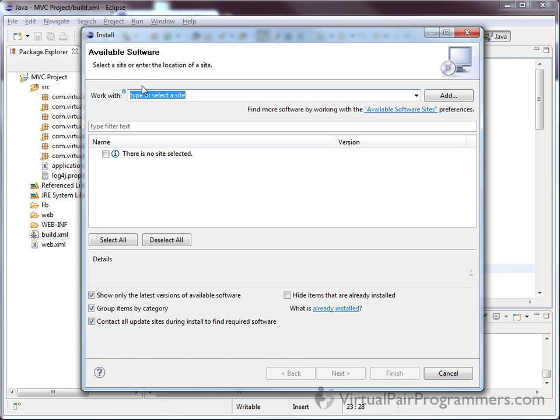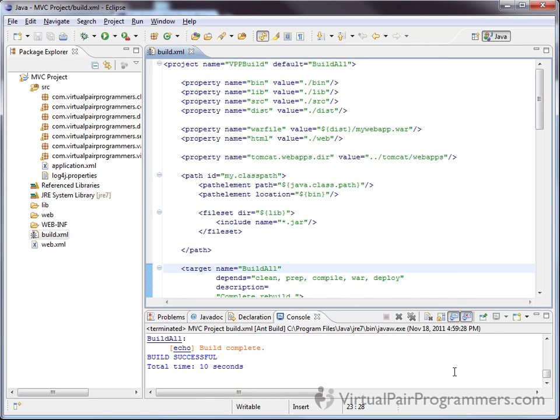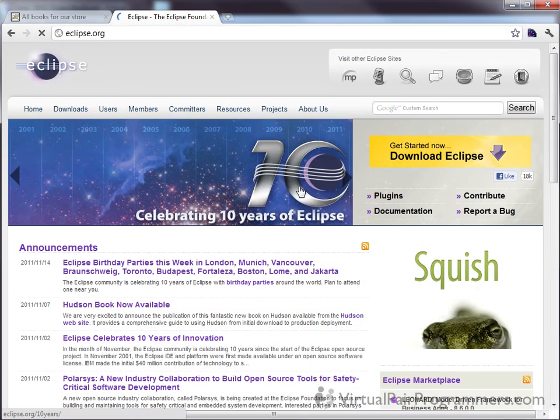Instead, there is a second approach to using WTP, and in fact, according to the WTP website, this is the recommended approach, and that is to download an Eclipse with WTP already bundled. If you visit instead the